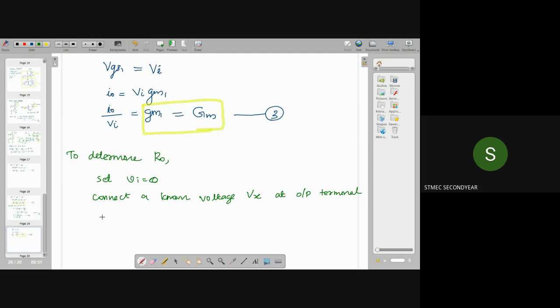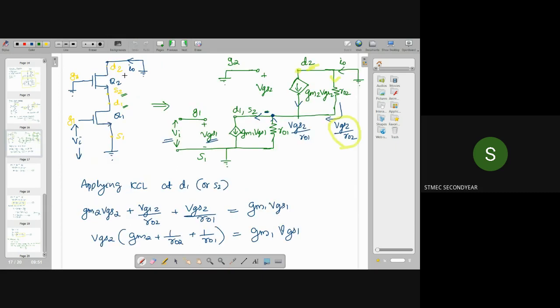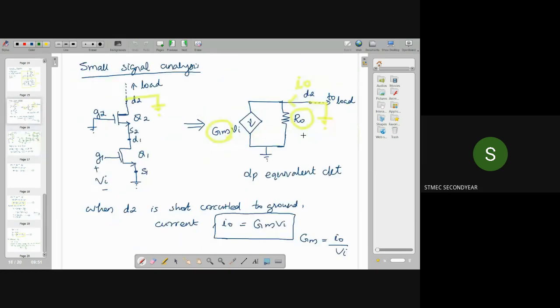The current drawn from Vx is Ix. Hence, we can say our Ro will be equal to Vx divided by Ix. That is, I will repeat, to determine Ro, actually our aim is to determine this